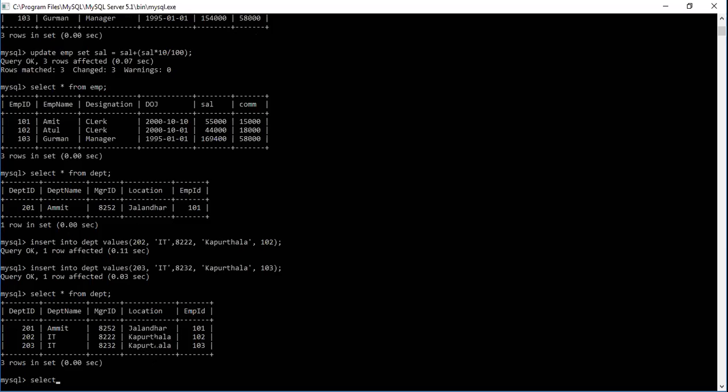we have to write this command: select. We want name, EMP name, comma, and we want location, right? And these two are from different tables, so we have to write from both the tables, from EMP, comma, DEPT. We have to write the names of both tables. Then we have to give the condition: where location is equal to Kapurthala